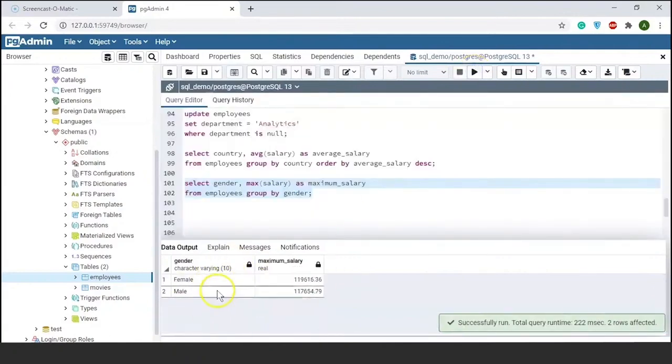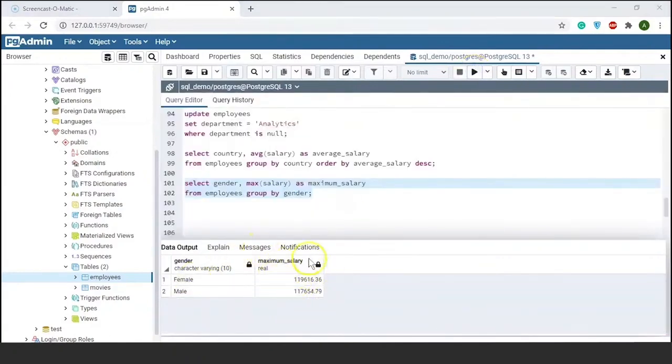There you go. You can see one of the female employees had a highest salary of $1,19,616, while that of a male was $1,17,654. Alright, now suppose you want to find the count of employees based on each country, you can use the